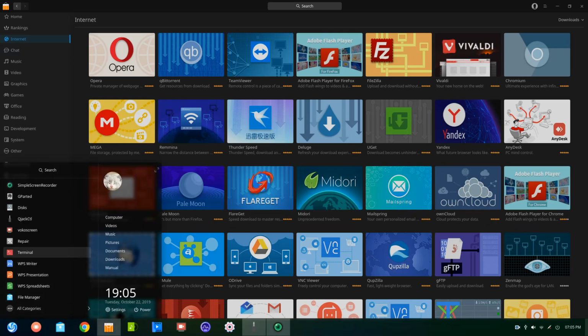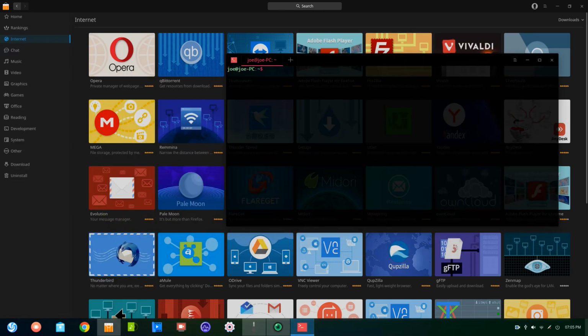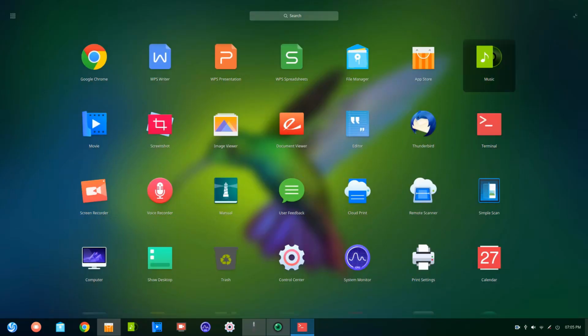So I will show you here really quick. Let me switch this back. Now, if you went to the start menu and you liked it, but you wanted to go back, all you have to do is click on the right-hand side here, and boom, you've got the launcher back the way it was. You can also,